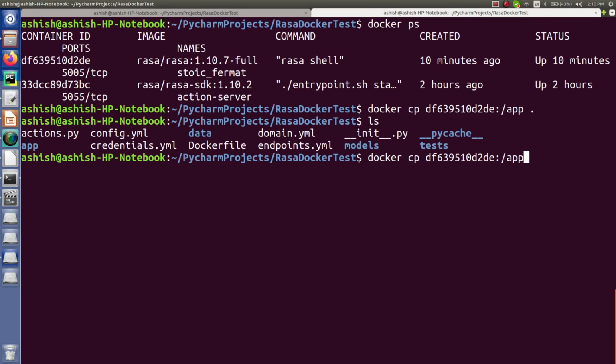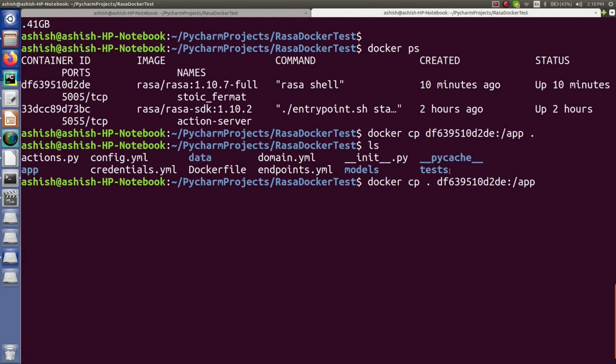That means now the destination will come first and the source will come afterwards, which means now this is the source and this is the destination, so you're copying the data from your local to your container, right? So this is how we can copy the data and transfer it to the Docker container. I hope you have got the idea of how you can copy the data, how you can read and check the data on your Docker container, and also how you can modify it.